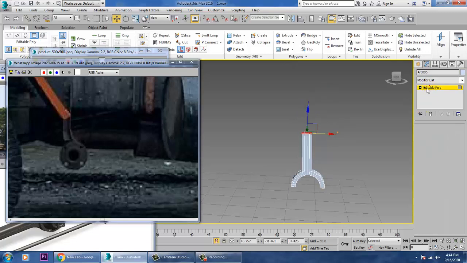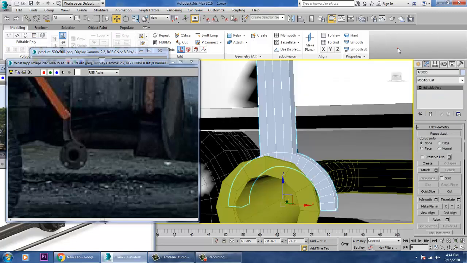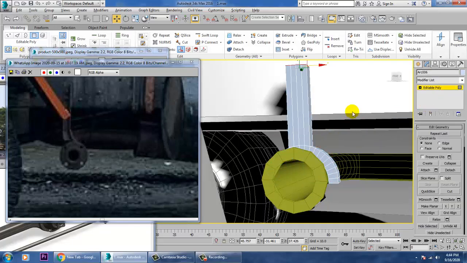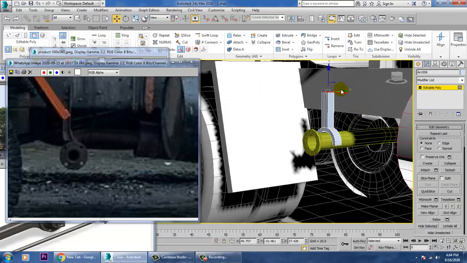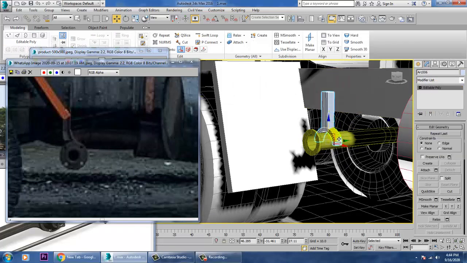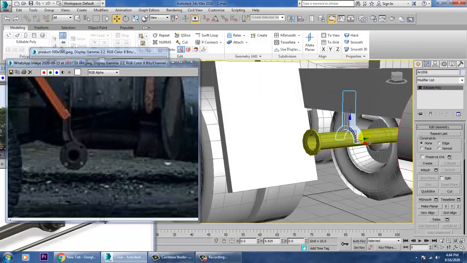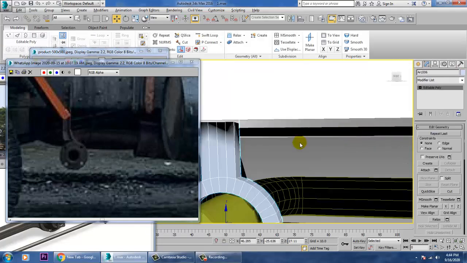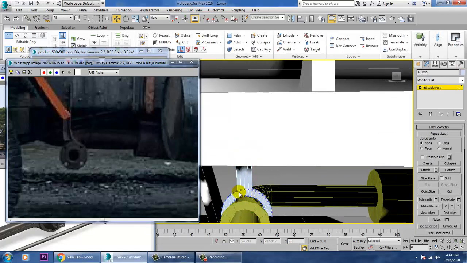So right click and just isolate this stuff over here. So before we go in, I'll just push this inside. Can just scale it.